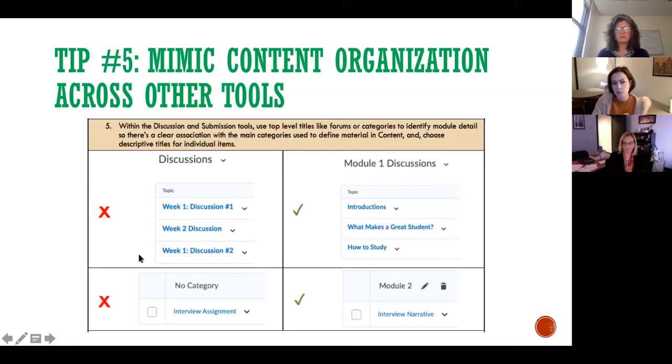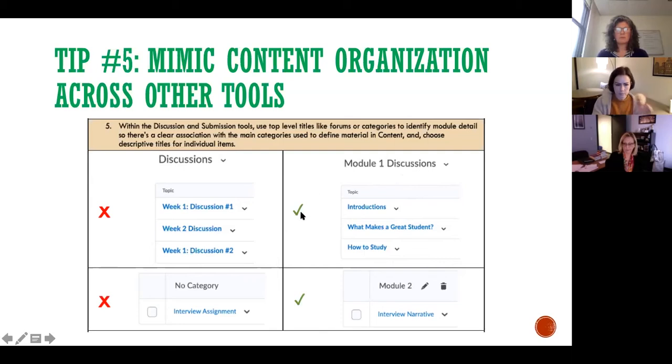So in this case, when we had that big bucket for discussions, we do have locational information. Like if we had our week structure along the side in content, this information would tell us where to go, but we don't get any descriptive information. If we look on the other side, because we've used our forum level title to give the location information, we're free to give these more descriptive titles in the topic. And then when you link it into your content area, you're also getting these descriptive titles